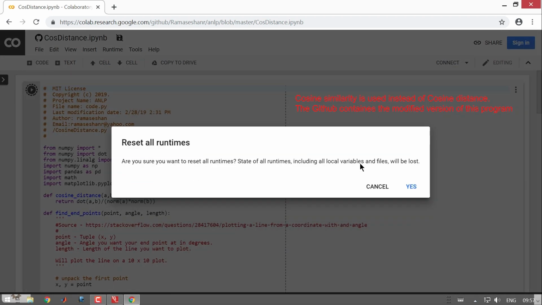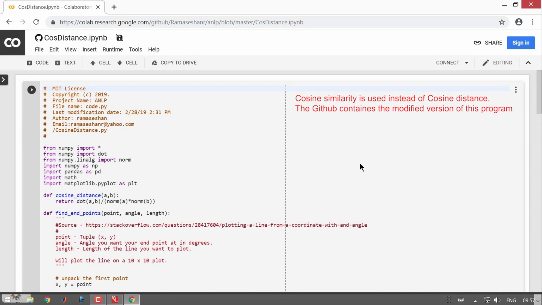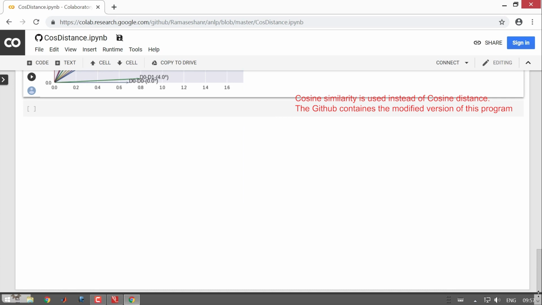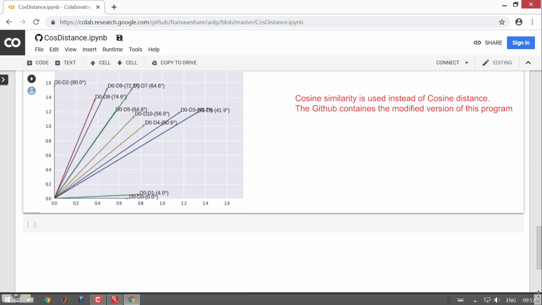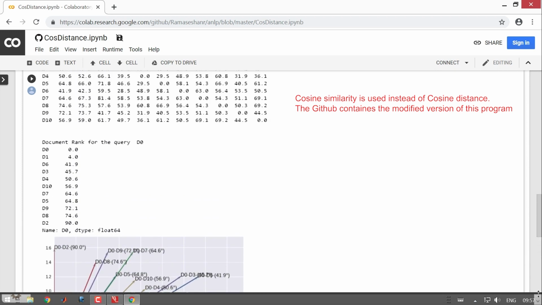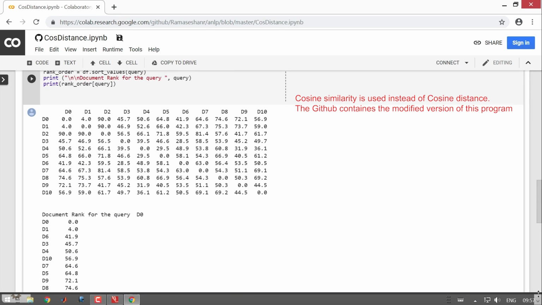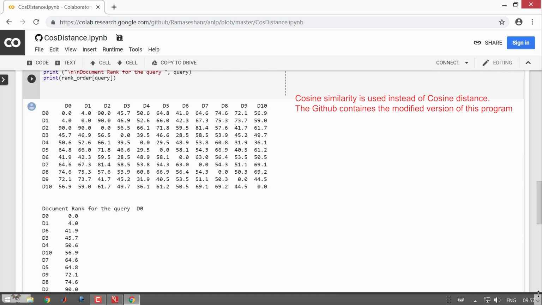So I am going to run this first. I'll first show the output and then I'll take you to the code and explain what is going on there.